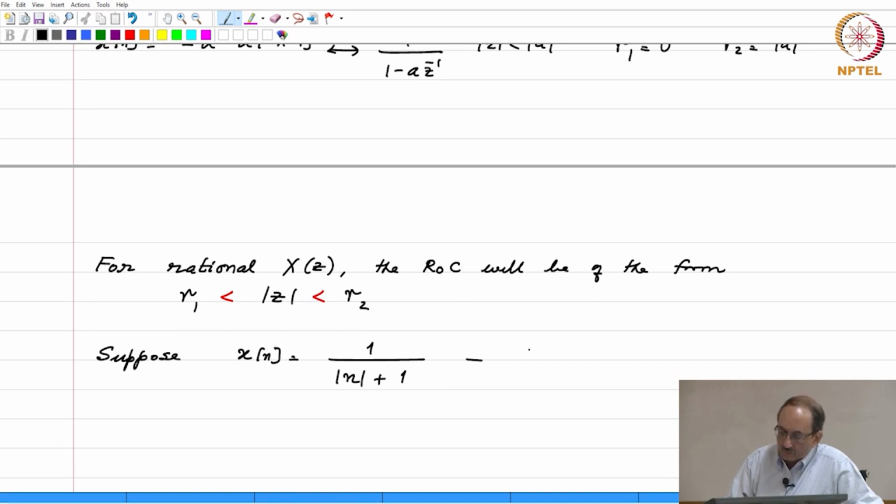So, we will just note the fact that if you want to take a guess about the Z transform of this, what would be your guess? Yeah, very good. It does not exist, and the reason why it does not exist is